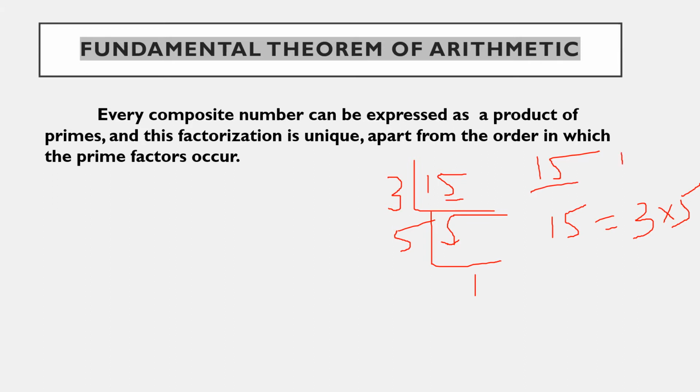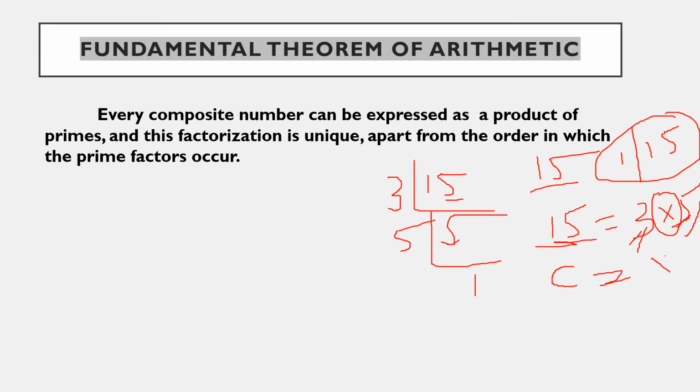Okay, so simple children, this is a composite number because it is having more than two factors. Anyhow 1 and 15 are its own factors, right? It goes in 1 table and it goes in 15 table. Okay, other than this it goes in 3 table and it goes in 5 table. You should remember this one. Okay, so now I wrote here product of two prime numbers. This is a prime number and this is a prime number. So every composite number, this is a composite number, right? Every composite number is expressed as product of two prime numbers or product of any number of prime numbers.